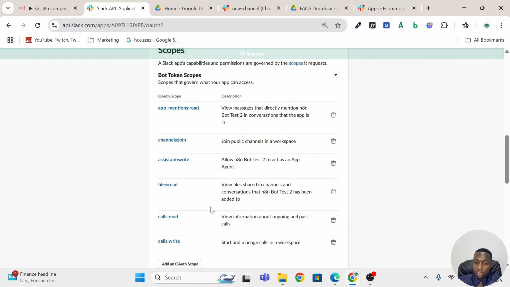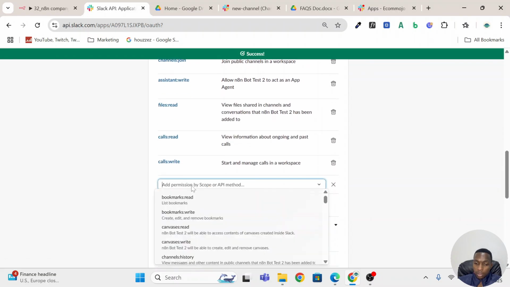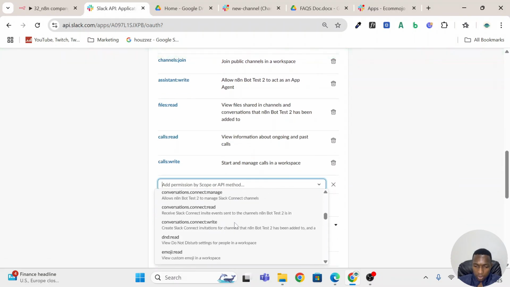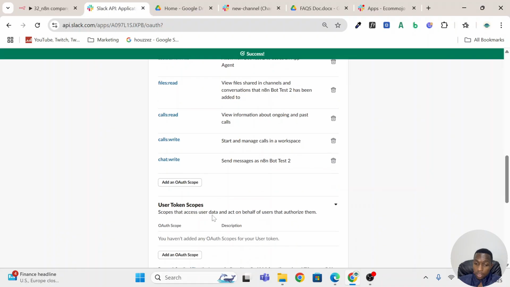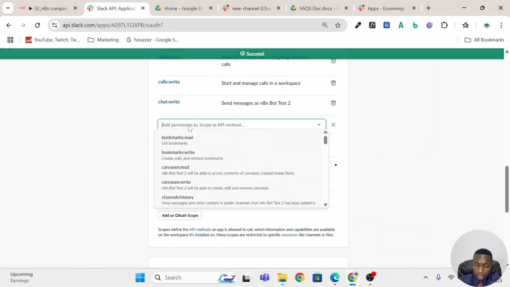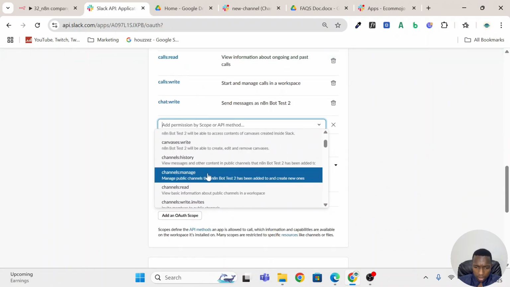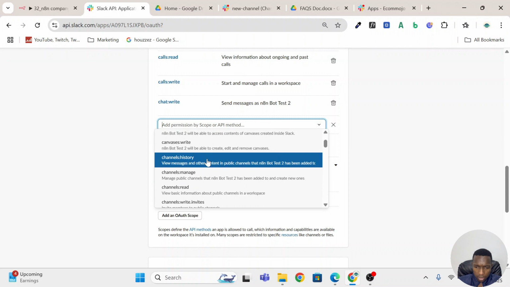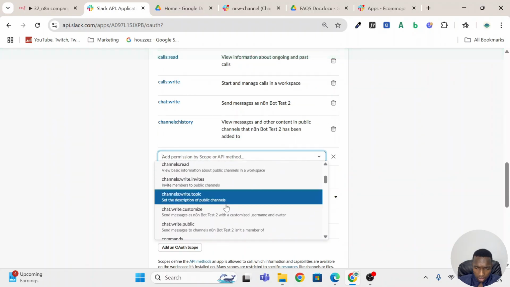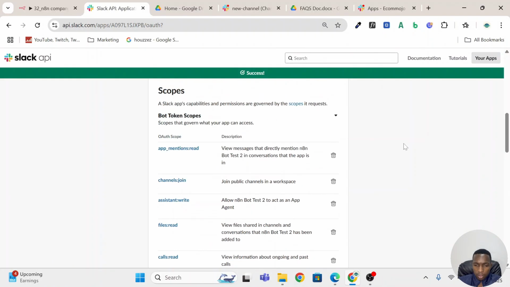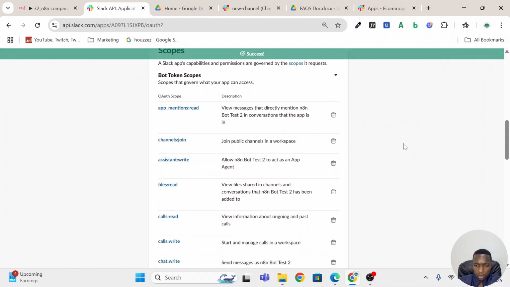It can start and manage calls in a workspace. What else do we need? So it can send messages as n8n bot test. So this is what we really need. And channels, it can get channels history, and yeah. So we've added all these scopes,